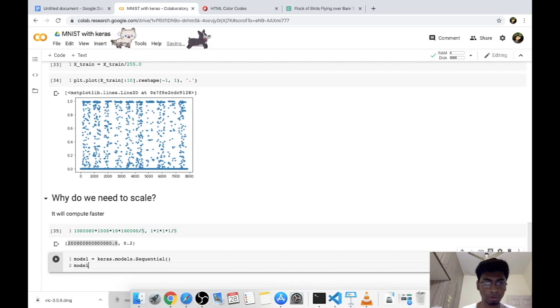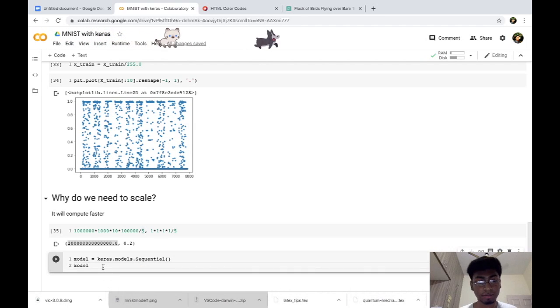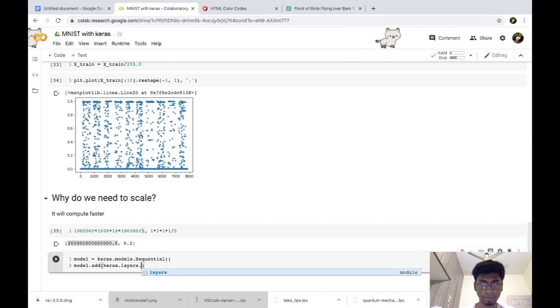This is where we have defined the model. Okay, don't get confused that this is the model. This is where we have defined the model. Now we have to add neurons in it. How can we do that? We can write model dot add, and after that we can write keras dot layers dot